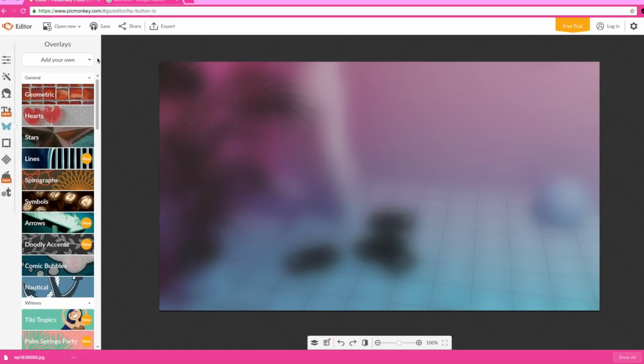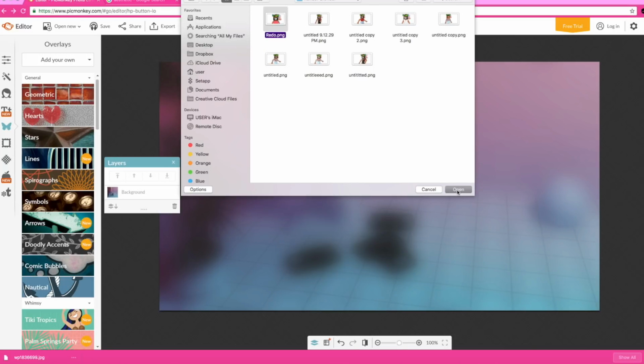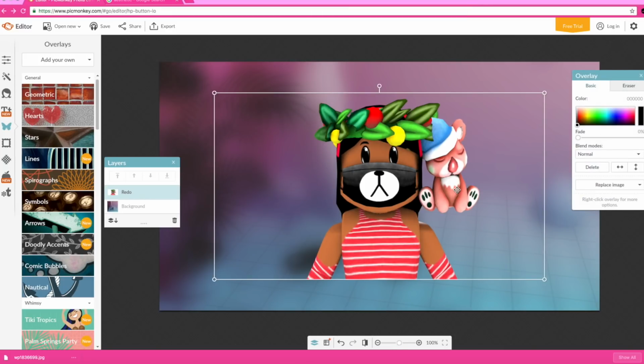So if you're adding your own Roblox character, go to add your own, and then my computer. And then once you've done that, wherever you have your Roblox characters stored, maybe you have it stored to a specific file, make sure that you go to that file specifically, and then open that, and then get whatever Roblox character you want. As you guys can see, I have a file over here named Render Blender. These are where I keep all of my rendered Roblox characters. I'm just going to select this first one and then click on open, and then your character should pop up